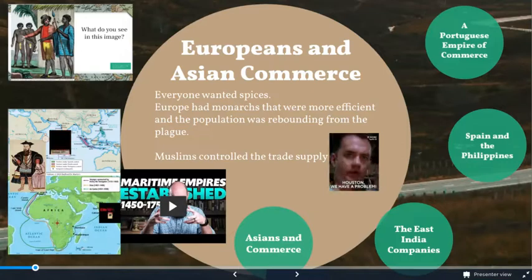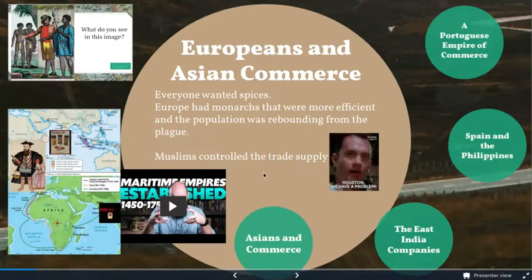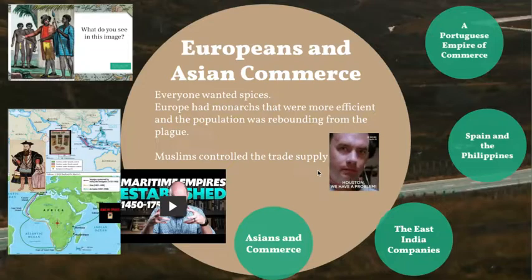So remember, the plague killed off a whole bunch of people, changed the labor sources, got rid of serfdom and feudalism, serfdom in Japan and in Russia, and then more into feudalism in Europe. Muslims at the time are going to control the trade supply. Think about where that is. The trade supply with maritime trade, when you're talking about Indian Ocean trade, you've got all your Muslim caliphates right in here. And then Africa is also Muslim and Christian. So you're going to have that.